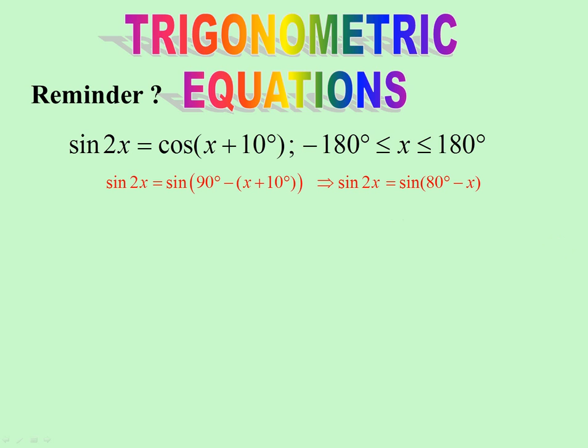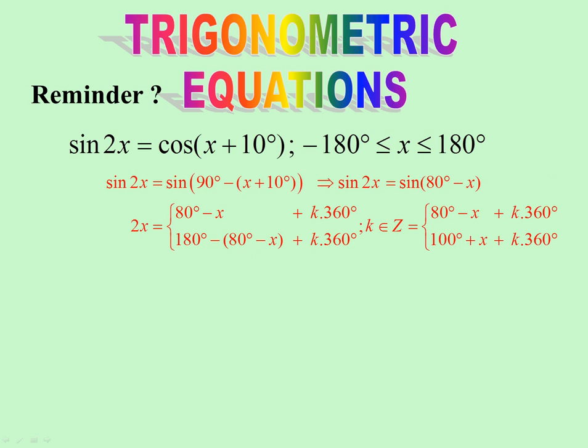But, quadrants. So it's like setting it up again, where we'll see that as the key angle. We'll see sine 2x equaling a positive value. So there we are, first and second quadrant. First quadrant, key angle. Second quadrant, 180 minus key angle, plus k360, k an element of Z, which simplifies there. Now we have two equations. We have 2x equals 80 minus x plus k360. We also have 2x